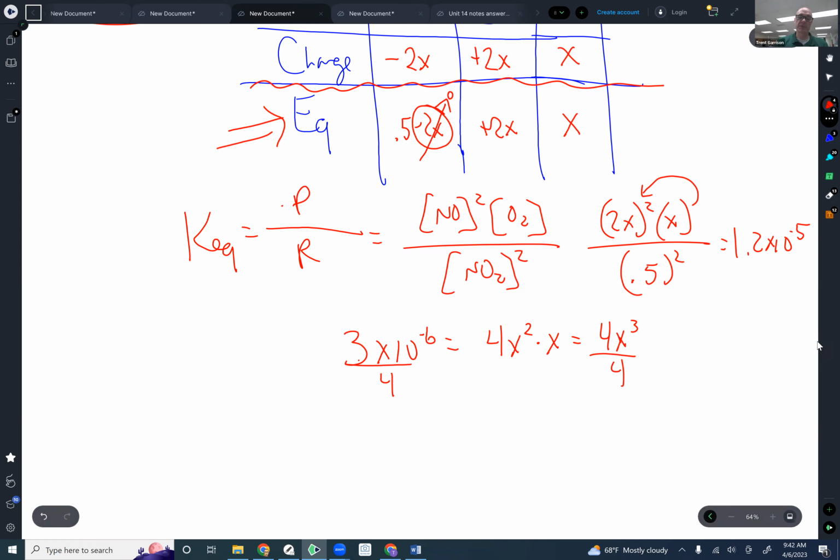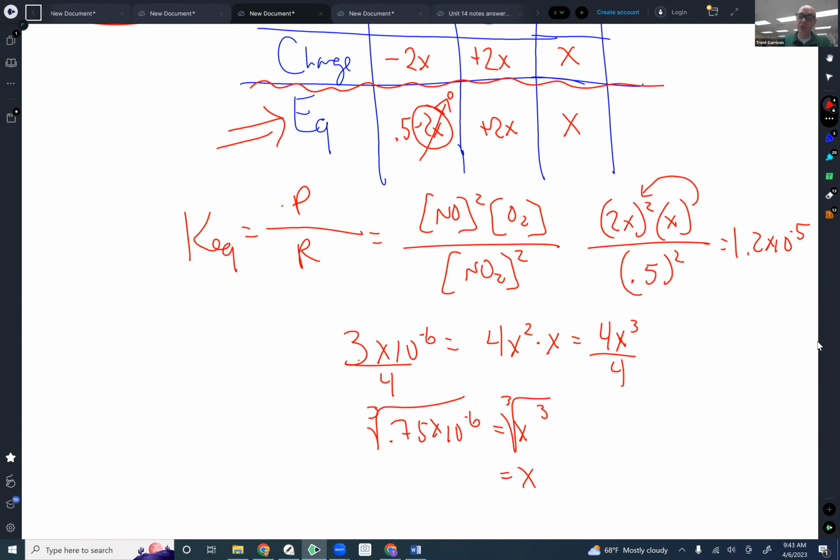So 3 divided by 4 is 0.75. So I've got 0.75 times 10 to the negative 6 equals x cubed. Well, how do we get rid of a cubed? Well, we do the cube root of both sides. So if we do the cube root of both sides, this will equal x. So in your calculator, you're going to have to figure out a way, and I will try and show you how to do this. You're going to have to use the math function and then go down to step 4. So math function, it'll do a cube root of 0.75 e to the negative 6, and we get